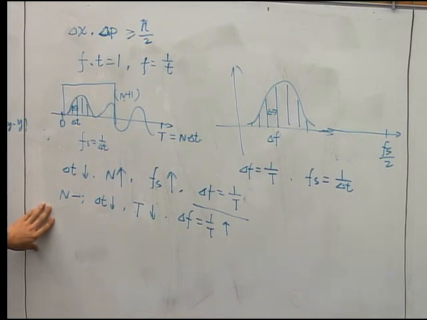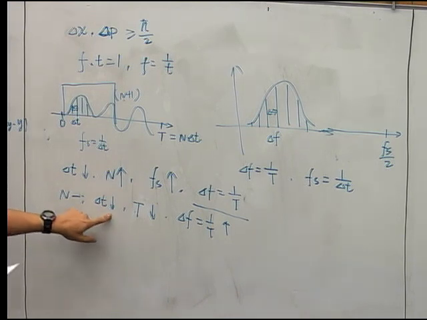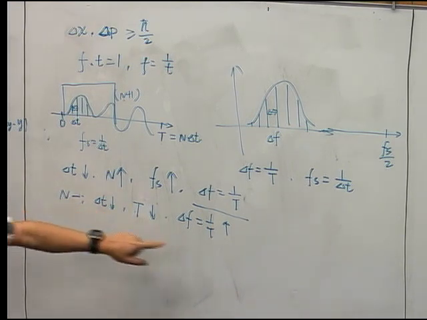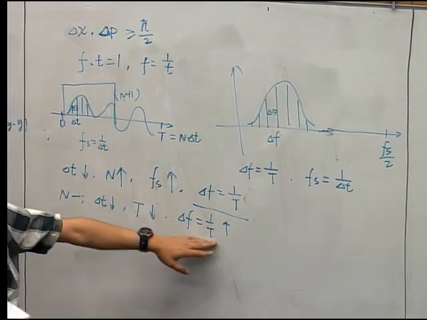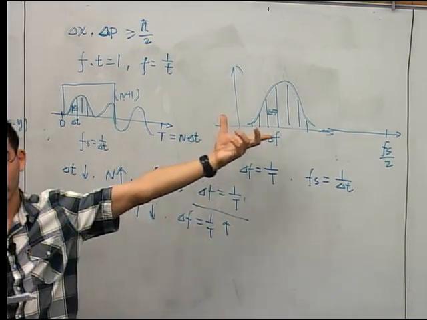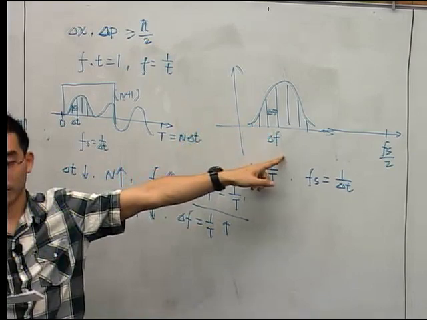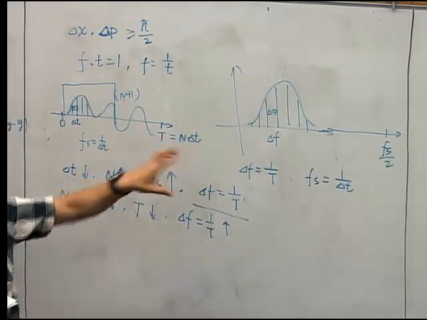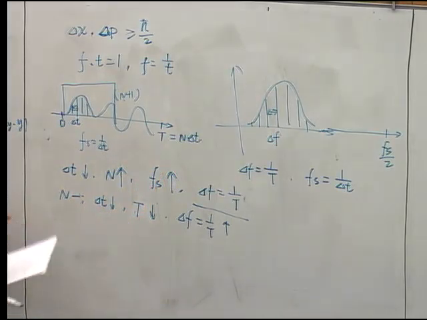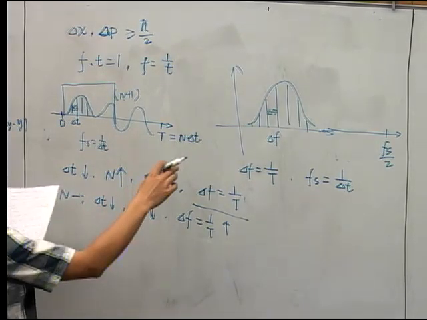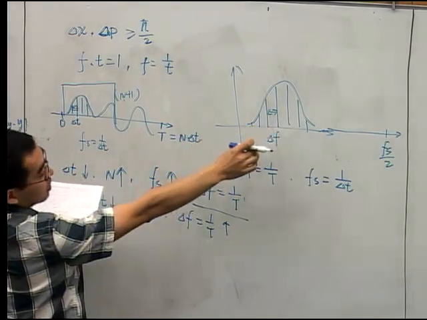Wait a second. Yeah, so this one means you increase the resolution in the time domain, but you decrease the resolution here. Also, I said it wrong. So delta f increases, so you decrease the resolution here, so you cannot have high resolution in both domains. And another way, if you want to increase the resolution here,